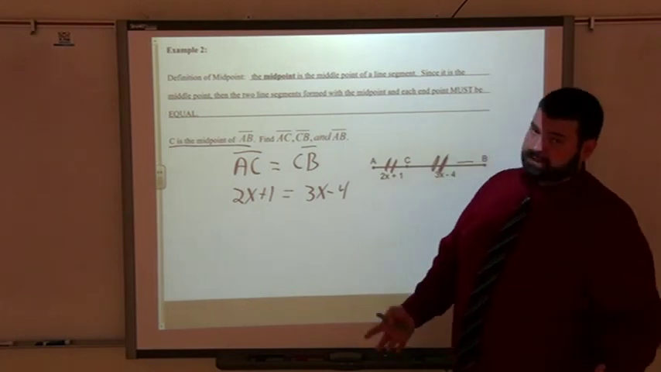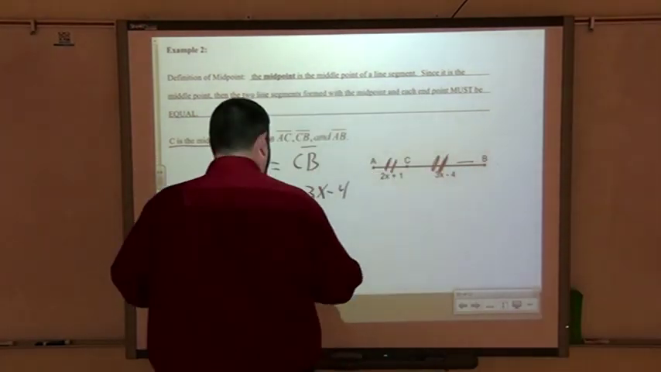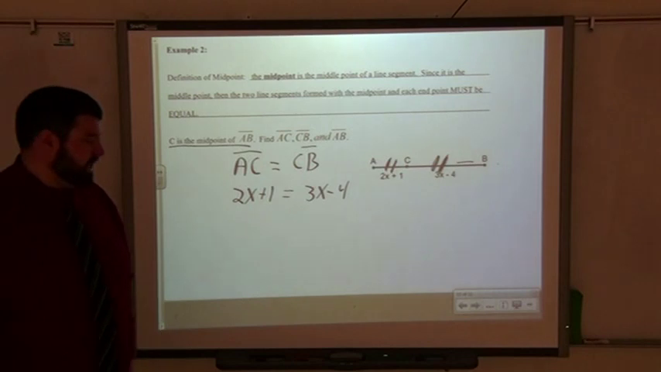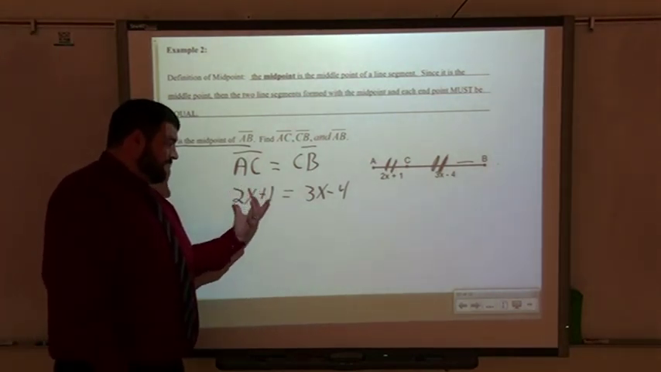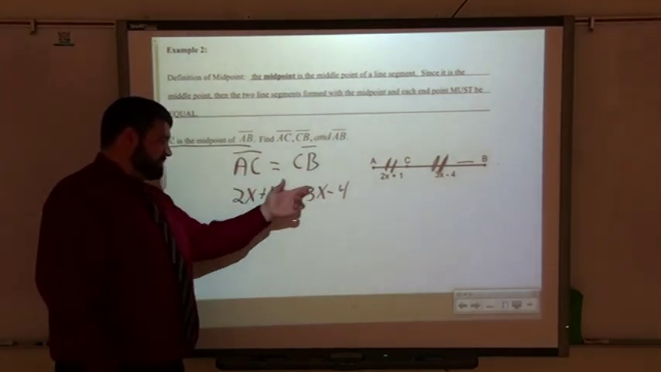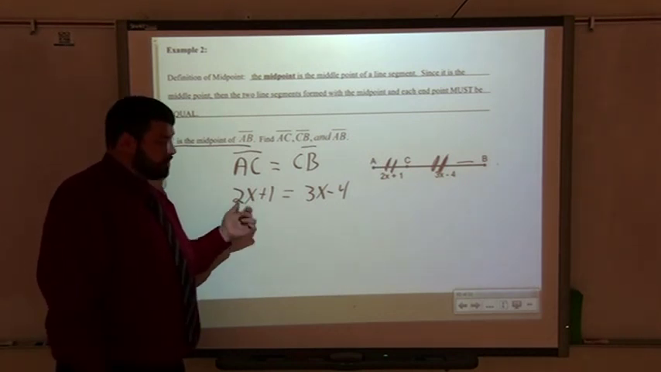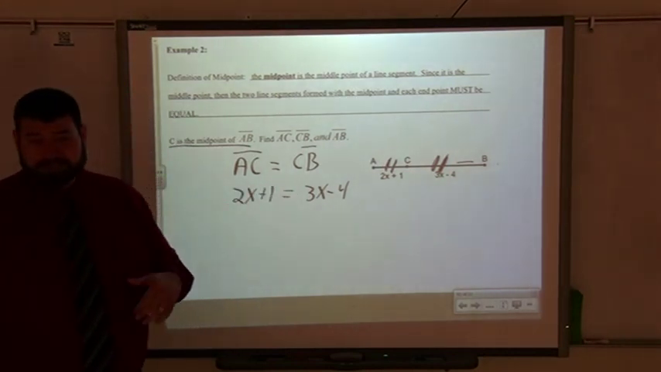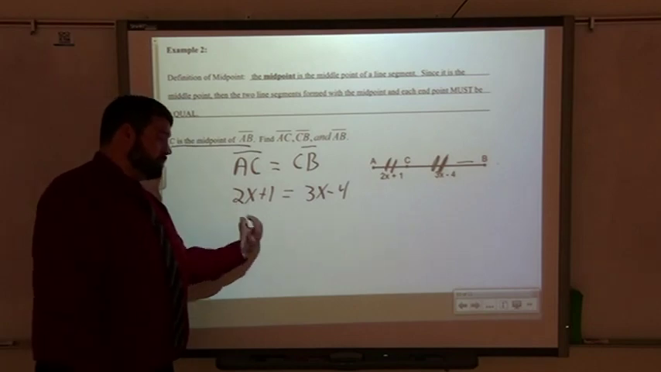So, geometry class is over. It's an Algebra 1 problem now with equations on both sides. Now I need to get my x's on the same side. So I either have to move the 2x or I have to move the 3x. I would prefer to move the 2x, so